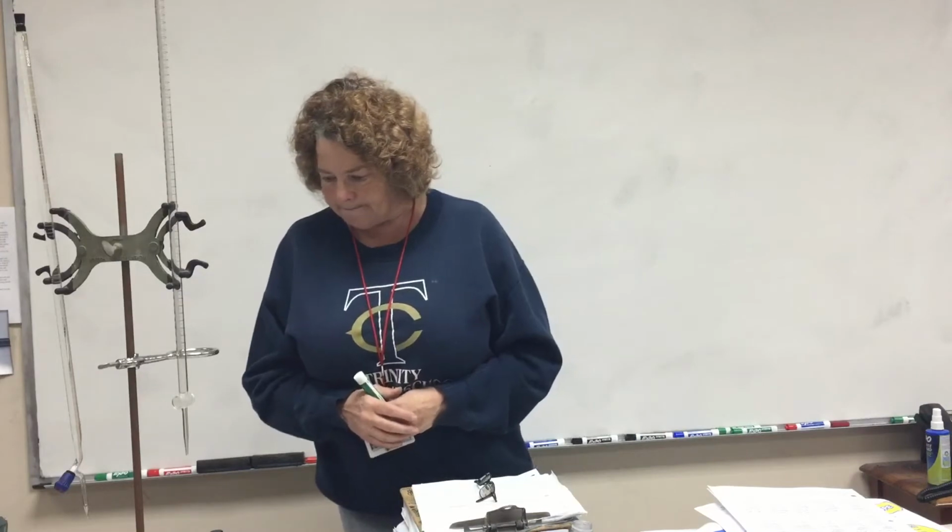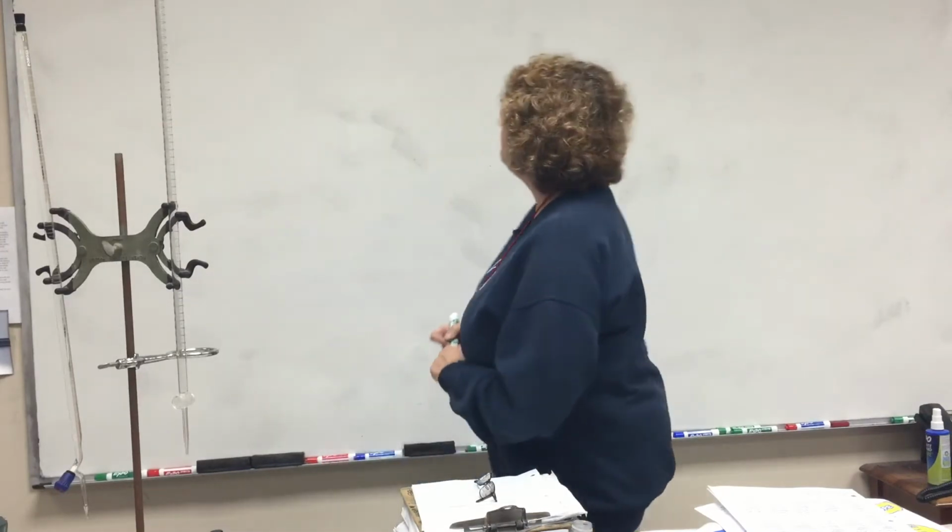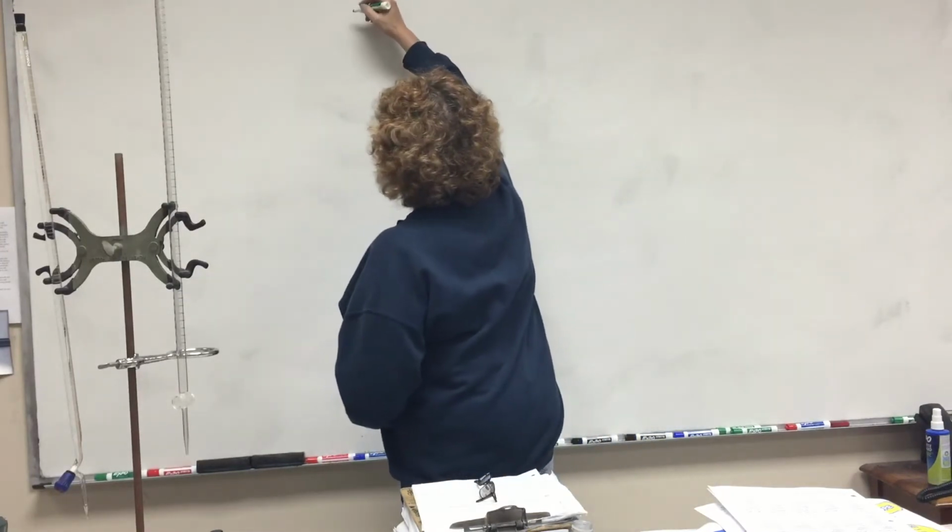Now, the definition of a salt in chemistry, as I said probably a couple videos ago, is any ionic substance that has a cation that is not H+ and an anion that is not OH-. So sodium chloride is a salt, magnesium sulfate is a salt. So a salt doesn't necessarily mean table salt. All right, so titration. This equation